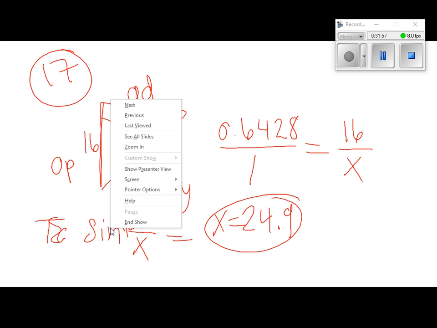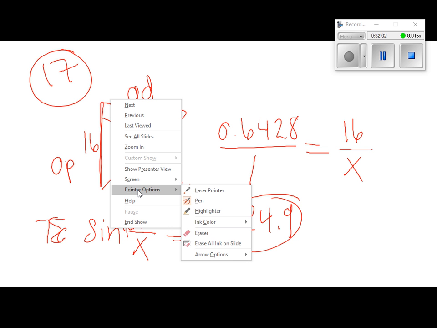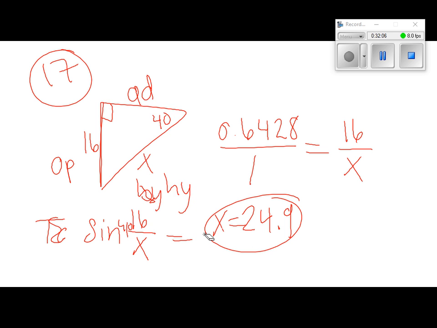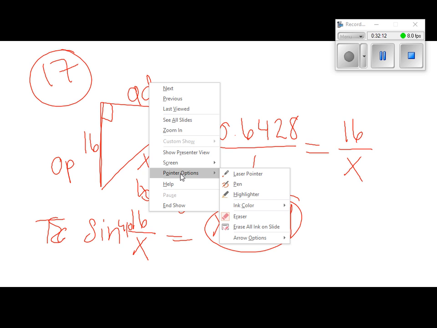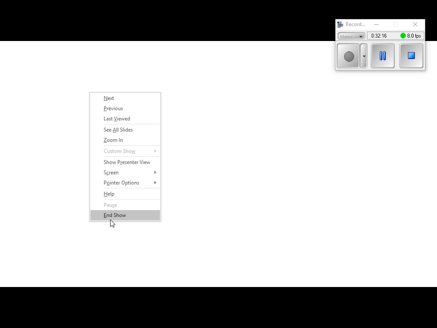Pointer options. Yep. Erase all. Would you take this one? No. Erase all. I can't see anything. Okay, this one. Pointer options. Which would be this. Now you have to go back to pointer options. And then,